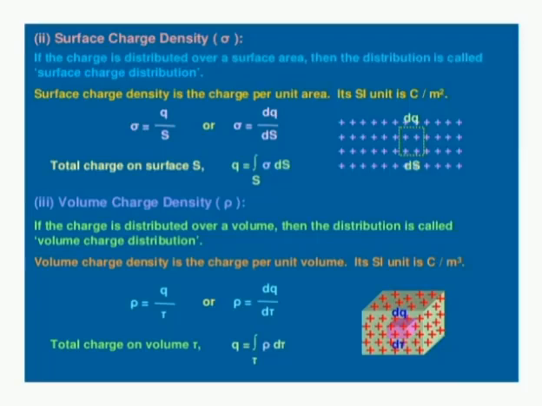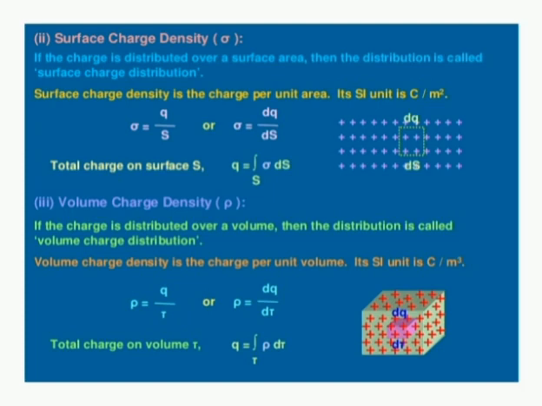So the second topic that we are going to discuss is about surface charge density and volume charge density. We are going to represent surface charge density with sigma, and we are going to represent volume charge density with rho. So for surface charge density, that is sigma, if the charge is distributed over a surface area, okay, so we